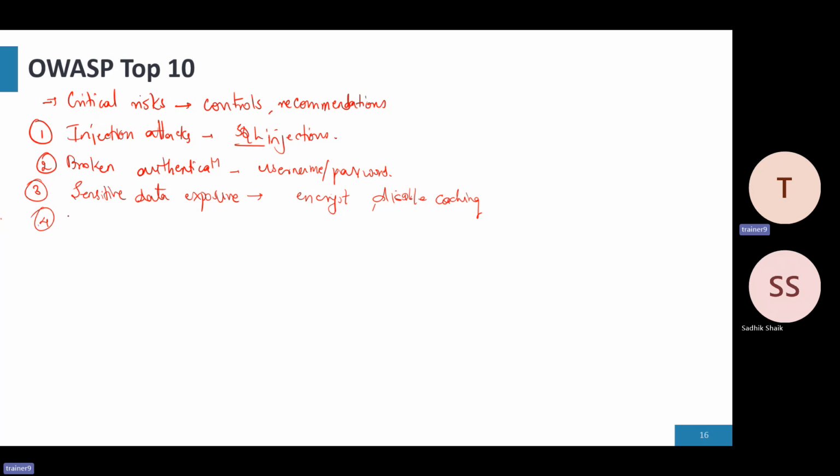Then there is another aspect which OWASP primarily identifies and highlights, which is XML external entities, your XXE. External entities arise where a web application is parsing XML inputs, right? This input could be referencing an external entity, and there would be an attempt